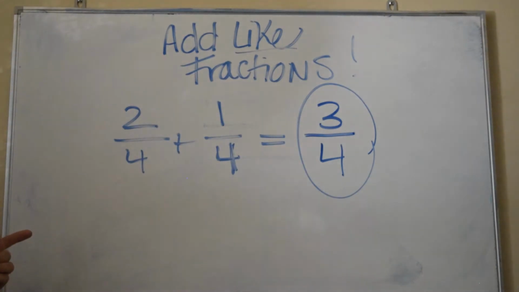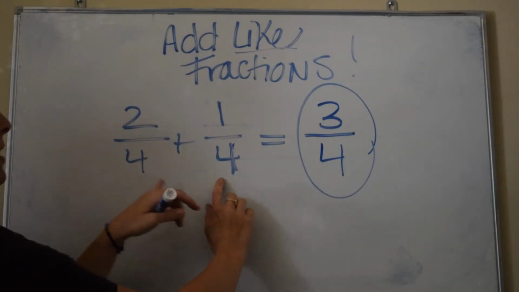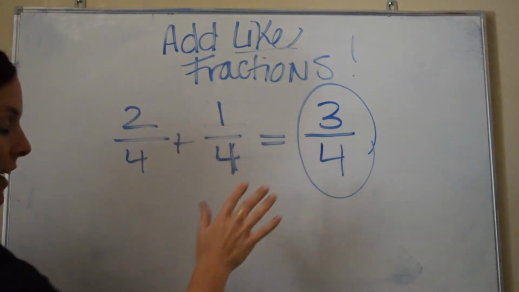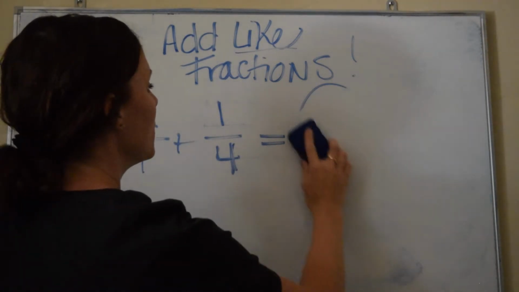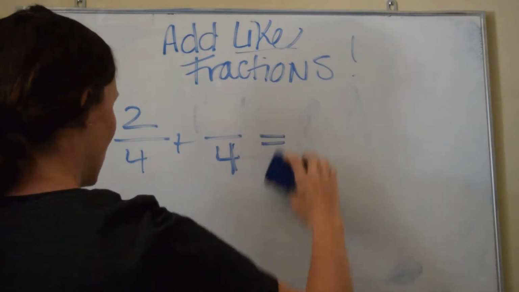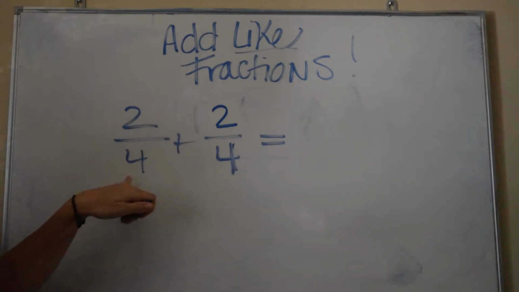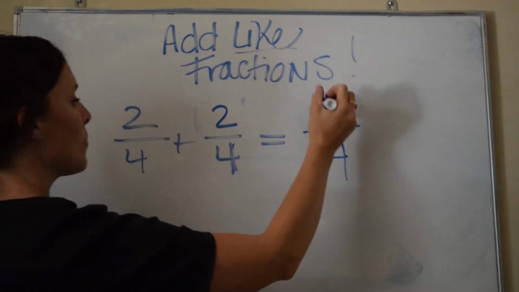So adding like fractions, what did we just do? If the fraction denominators are the same, you put it as your denominator. You add the numerators and then check and see if it's simplified. Let's see another example. What if I had 2/4 plus 2/4? Well, my 4 is going to be my denominator, bring it over, and then add the top, 2 plus 2,